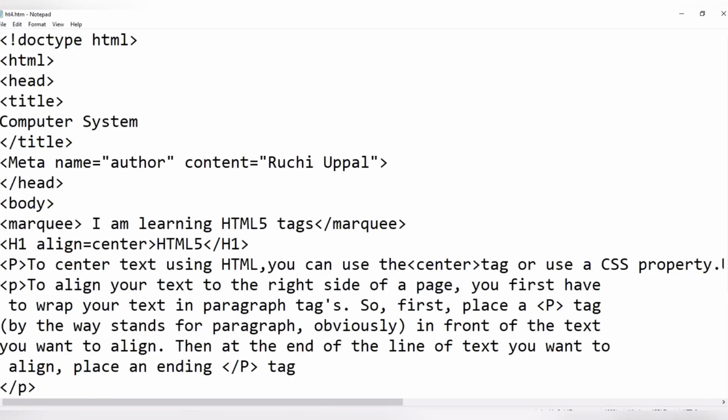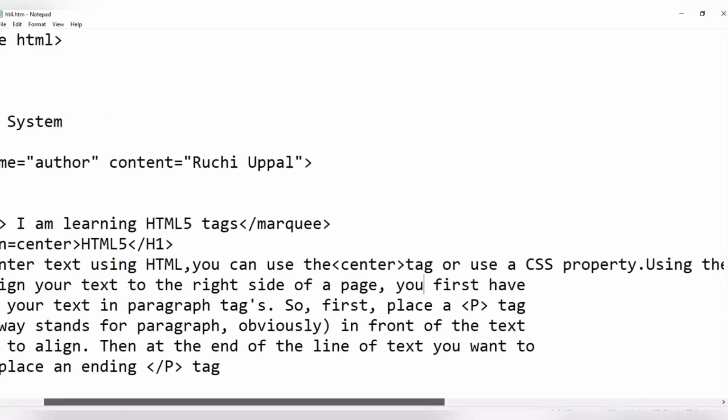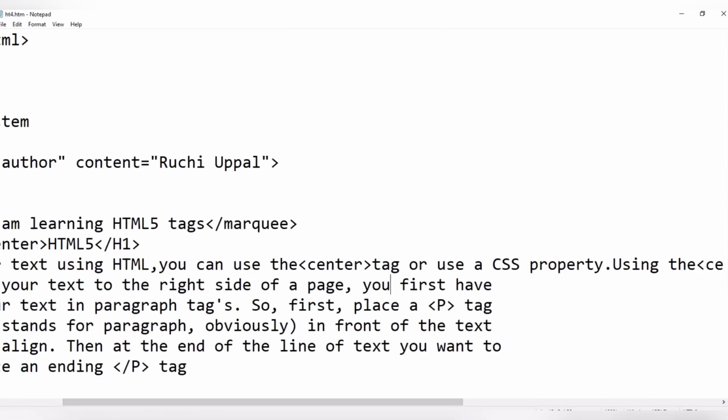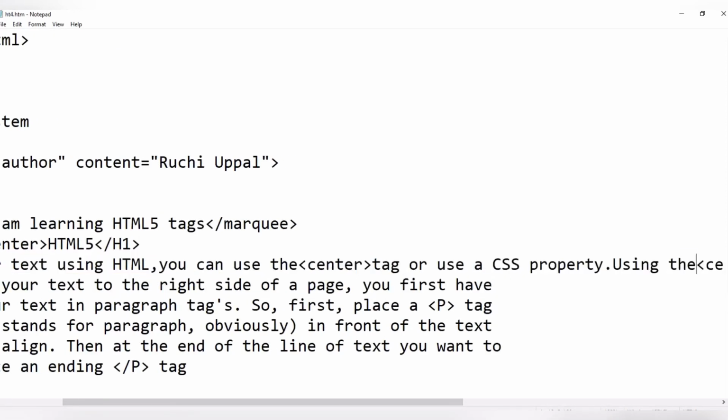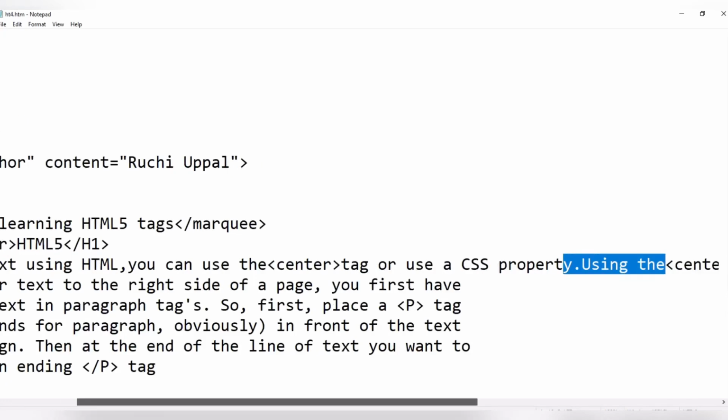So how to do it? Let's see. Suppose I have written here P, to center the text using HTML, I'm using the center tag or use this CSS property. Just a minute. It will come in the center portion, because after this I am closing my center tag.